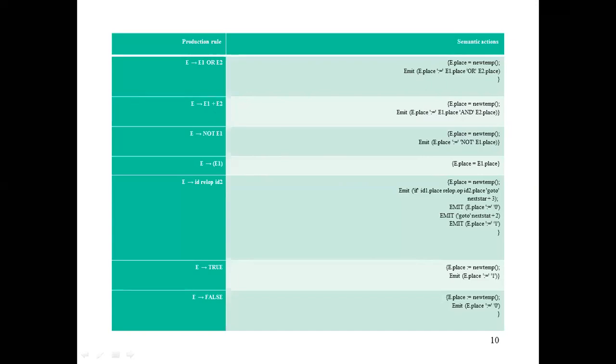If we change E1 and E2 to E1 dot place and E2 dot place, then this is called the semantic action. In this way, we can represent it as semantic action. Now you can easily write the others. So go through this table.